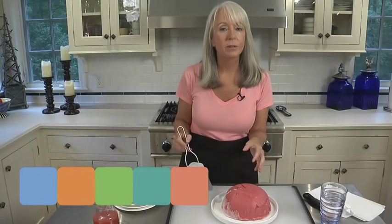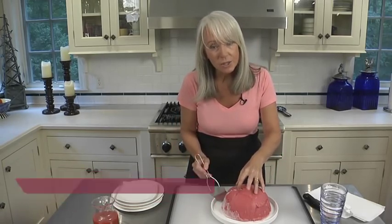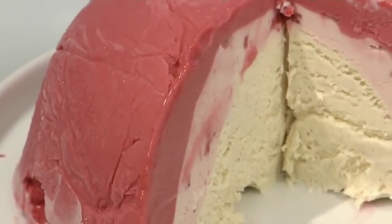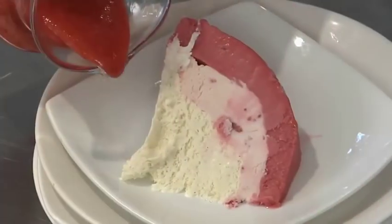Want to dress up regular store-bought ice cream for a party? Then make my red berry ice cream bomb. Cut into the layers and you'll get tangy raspberry sorbet and 2 layers of creamy ice cream, garnished with a